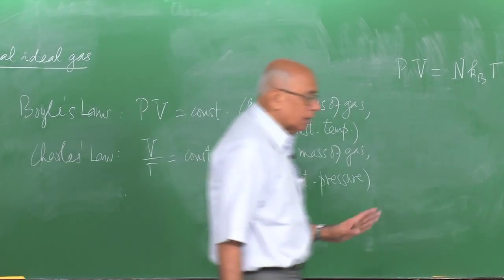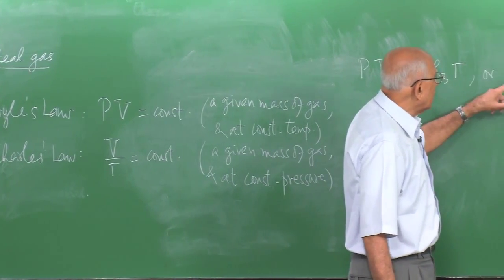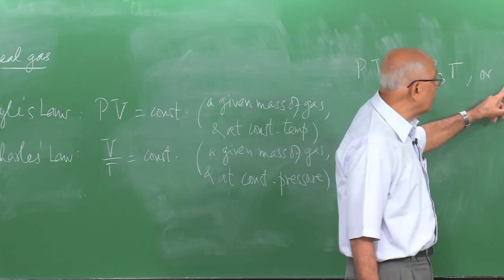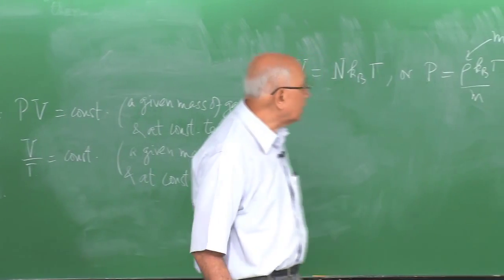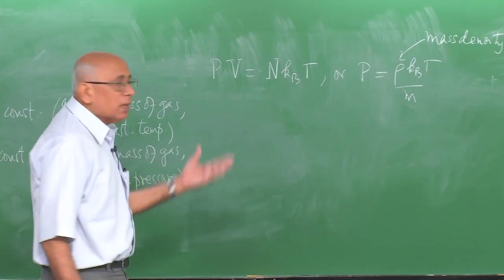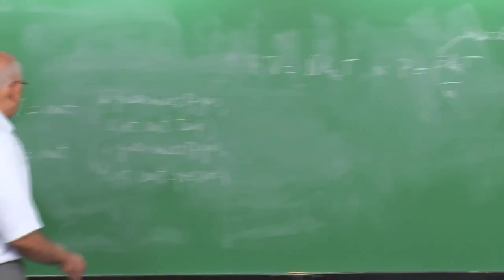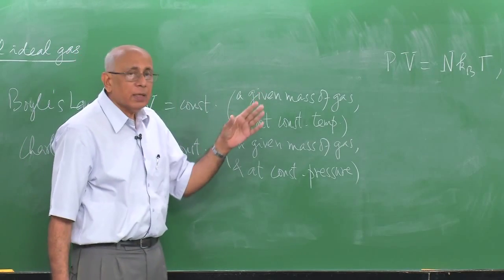Now, this is what is called the ideal gas equation of state. An equation of state in this context is a relation which tells you what the pressure of the system is given its volume and its temperature, or its density and its temperature. Okay. So, where does this come from? Well, essentially it came from experiment, but today by hindsight we know what it corresponds to.